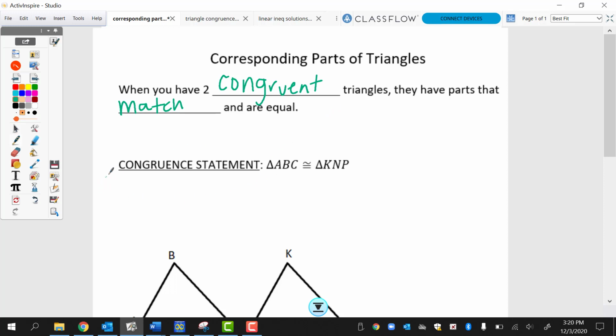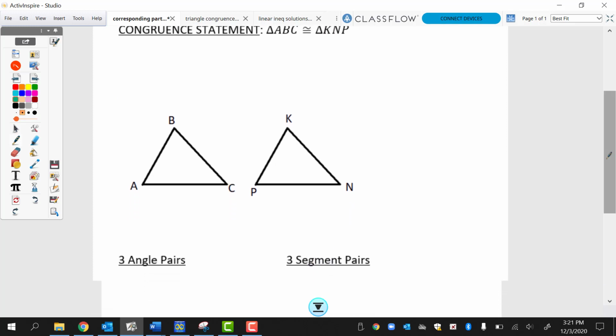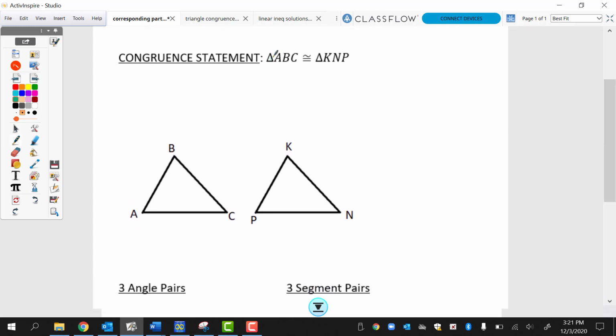So first thing we have to know is a congruent statement is just when they have the letters written out saying these are the triangles that are congruent. So in this one it says triangle ABC is congruent to triangle KNP, and they're talking about these triangles down here. Okay, so first of all, if they're telling me this, I should be able to put tick marks and arc marks because that's how I show that things are equal. So I'm going to put tick marks on the sides and arc marks